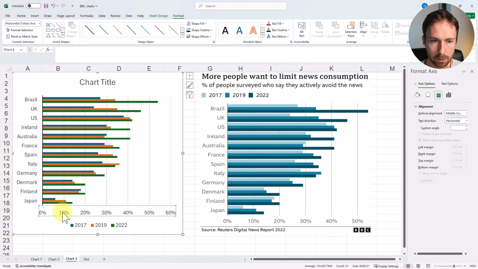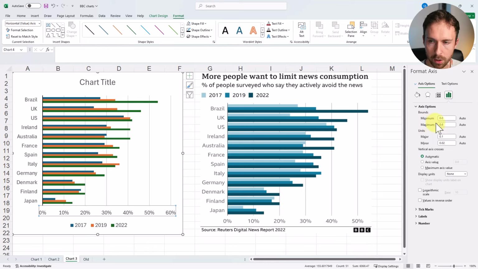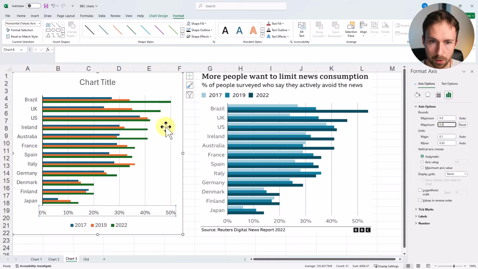Now, to change this, it's quite easy. You click the x-axis, and on the right-hand side, I'll go to the axis options, and again, axis options, and I'm going to change the maximum value. Again, this is in percentages, so I need to change this to 0.5 to represent 50%, and click enter. But when I do so, I've actually just noticed that it's chopped off part of this data here, because this value is actually 54%. So the way around that is that I'm going to change the maximum bounds to 0.55,